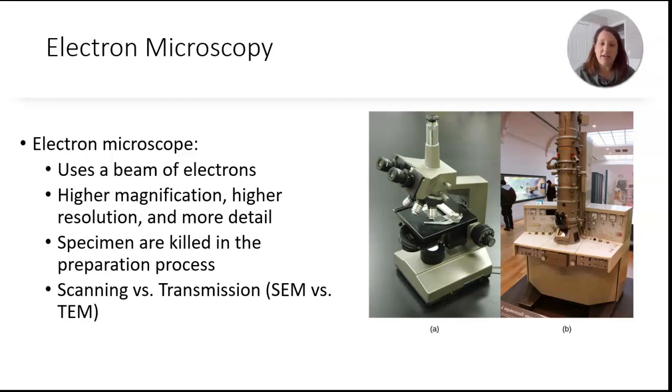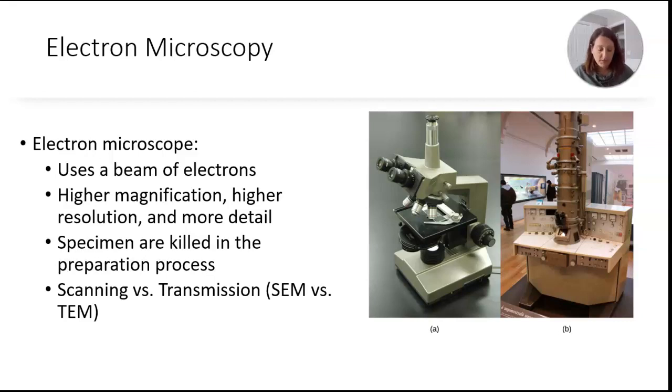One of the downfalls of electron microscopy is you can't view living things. You have to kill whatever you're going to be looking at. It gets killed in the process if you don't kill it beforehand. So specimens cannot be live on the electron microscope. The benefit of the electron microscope is much higher magnification, much higher resolution, and you can see more detail. We say that you can see ultrastructure. So with the light microscope, you can see where the nucleus is, but with the electron microscope, you can see the detail of the nucleus or other organelle. Okay. So again, high magnification, high resolution.